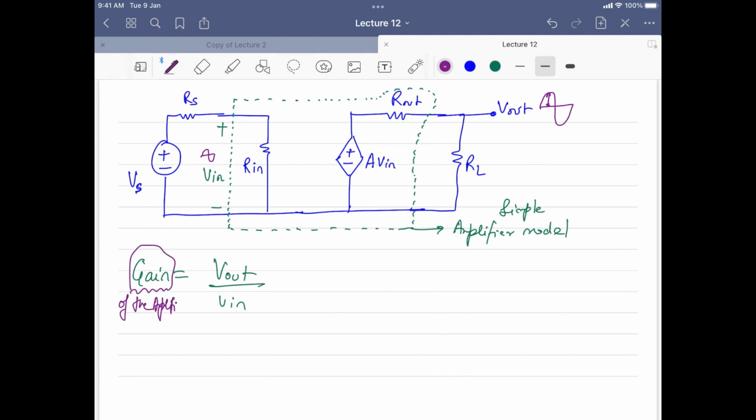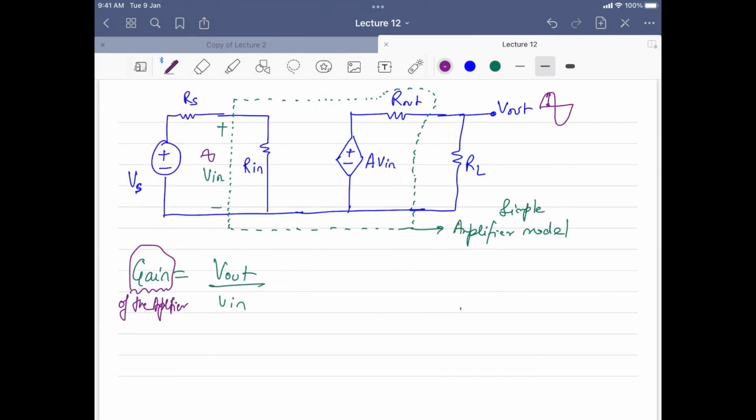Any questions on this? Sir, this gain is voltage gain. Yes. Then current gain is also there, like in transistors, it was different. Yes, current gains can also be there. Like, if you want to replace this particular device with a Norton equivalent, how will you do that? You can replace it by a Norton equivalent.